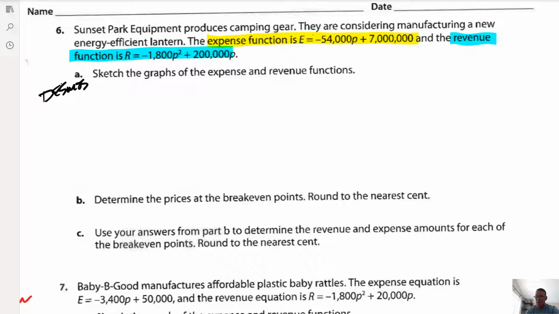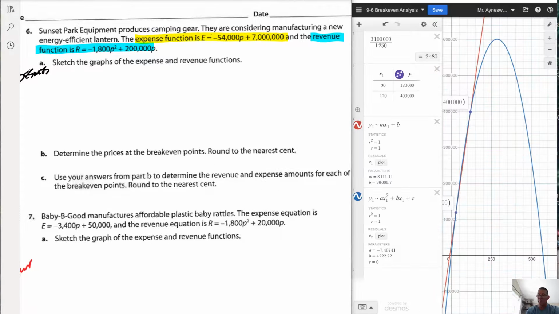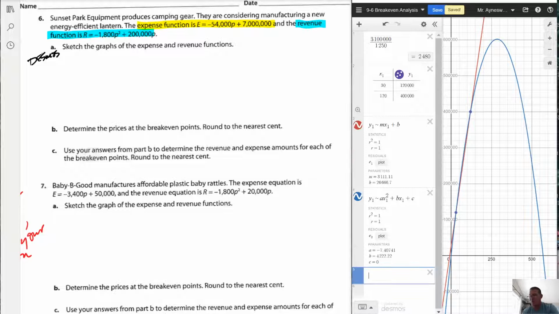And what we want to do is figure out the prices at the break-even points. Okay, so here we go. Let's put this off to the side and let's get Desmos running. All right, make sure you save your Desmos. Okay, go down here to the second